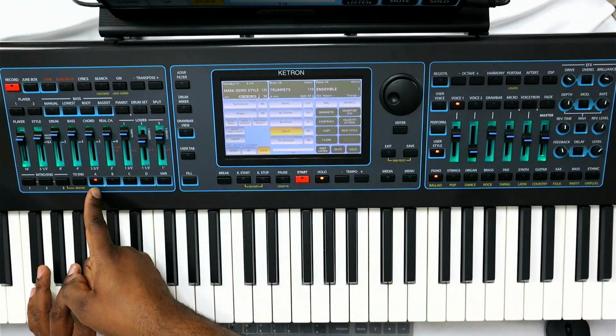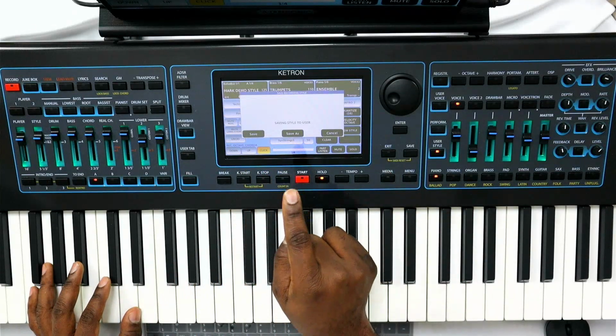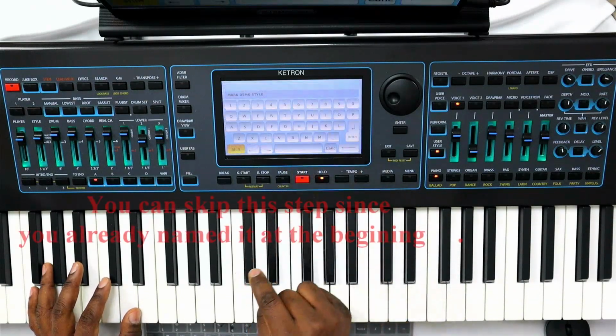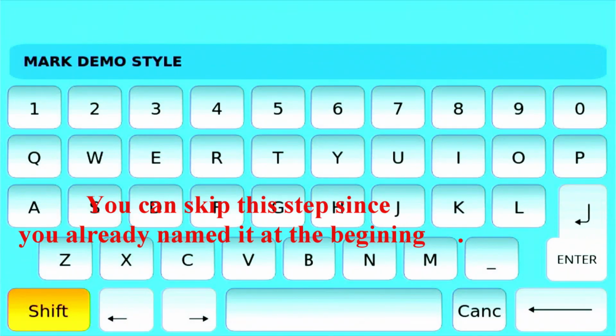Again, we just recorded in Arranger A, and we just recorded the bass drum. And guess what? I'm going to hit save. I'm going to save the style to user. I'm going to click on save as because I want to give it a name. And it's going to say Mark Demo Style, which is the original name that came from the other one. I'm going to cancel that. And I'm going to call this one the YouTube